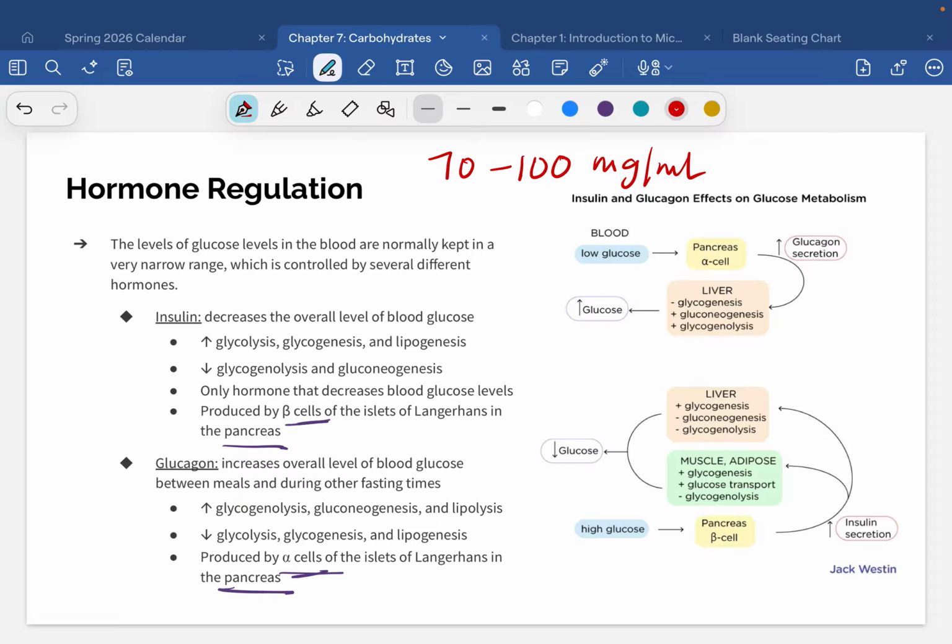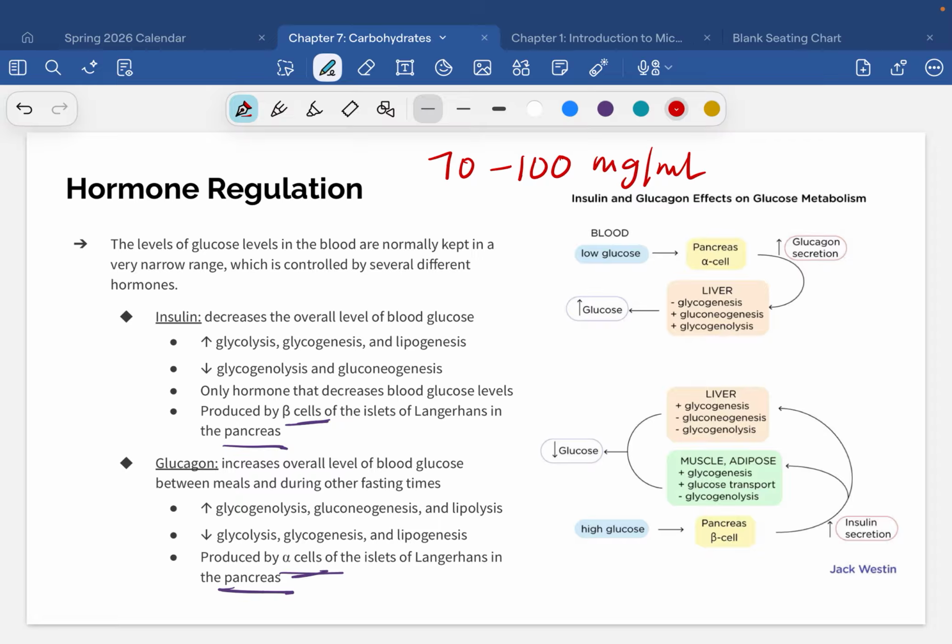Okay, you eat food, your blood levels go up. You haven't eaten in a couple of hours, which is very typical of a human being, your blood levels are going to drop, and your hormones are going to regulate that. So hormone regulation is not an abnormal process. Your blood levels are supposed to spike, and your blood levels are supposed to go down. But there is a normal range in which they are supposed to go up and go down. And we'll talk more about that when we get to diabetes in just a few minutes.